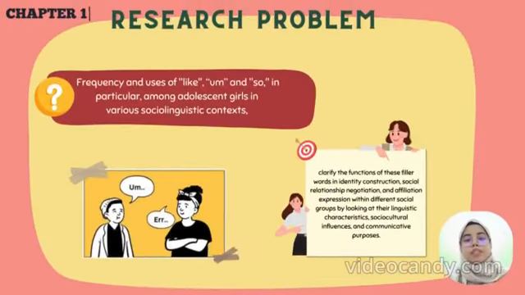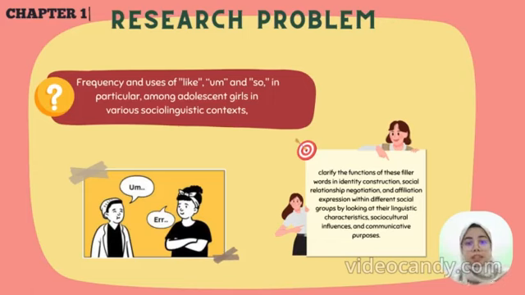For the research problem, we discovered that there is a high frequency use of "like" and "so", in particular among adolescent girls in various sociolinguistic contexts. So it was eventually clarified that the function of these filler words is in identity construction, social relationship negotiation, and also affiliation expression within different groups, by looking at their linguistic characteristics, social cultural influence, and communicative purpose in terms of using